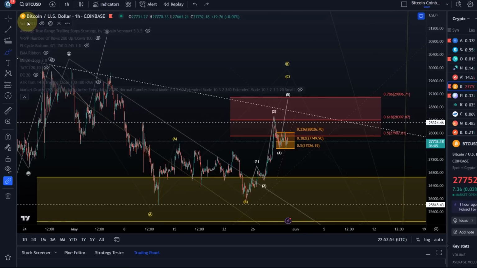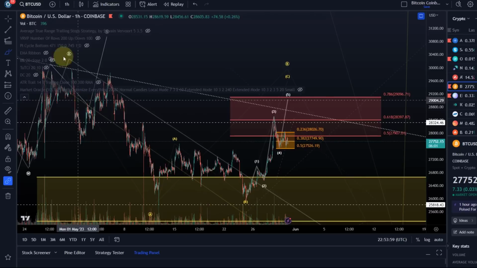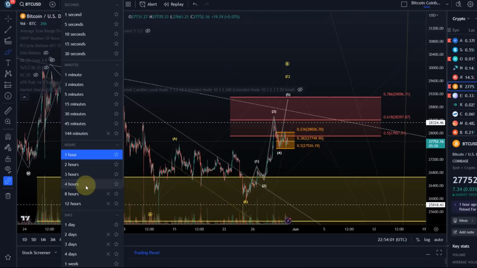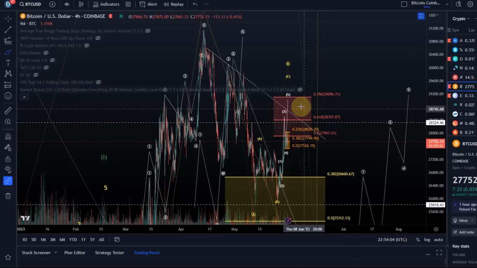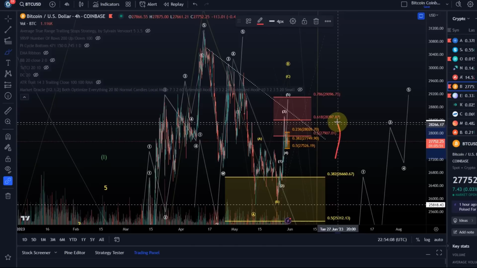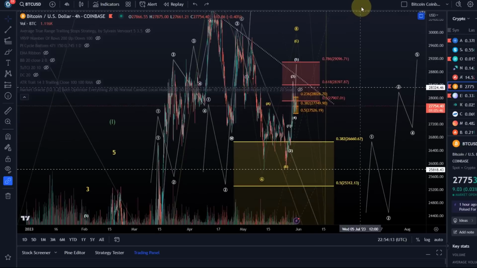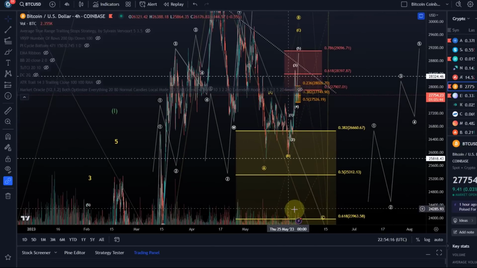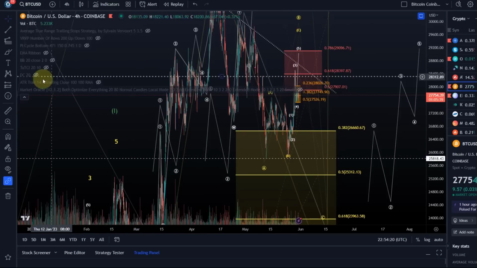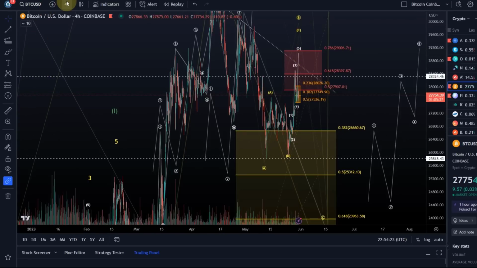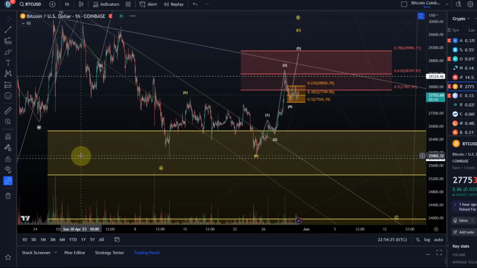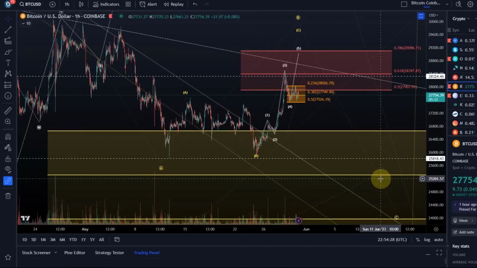One more point, which I think we looked at in one of the last videos, is volume. Volume isn't really picking up. Okay, this is the 1-hour chart, but let's go to the 4-hour chart. If this was already a 3rd wave to the upside, you should see a pickup in volume, and volume isn't really picking up, especially considering what happened before in this entire correction. Volume is still down. So if this was already a 3rd wave rally, we should see a bit more. All of these points make me personally focus more on the short-term bearish count.